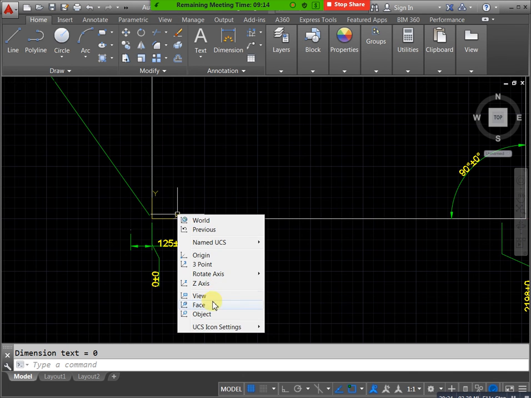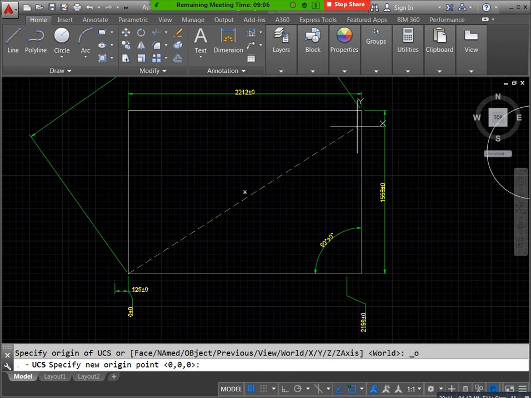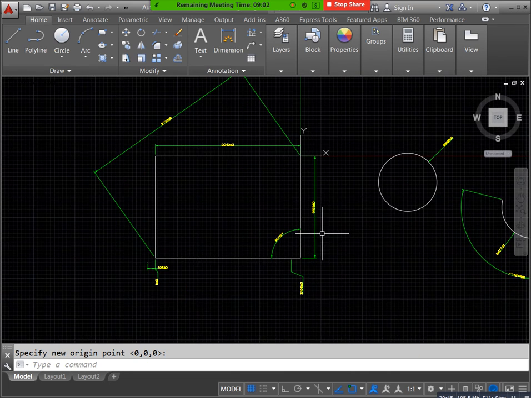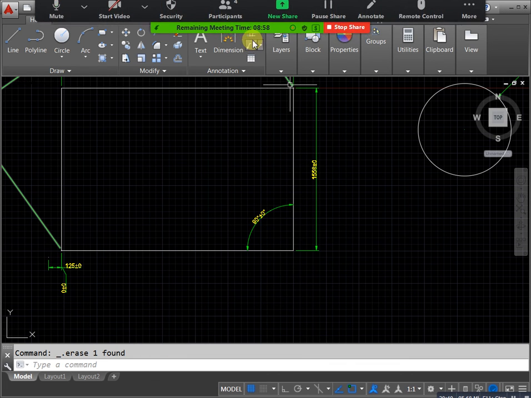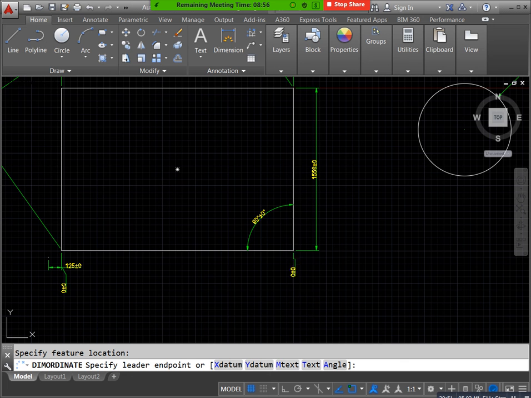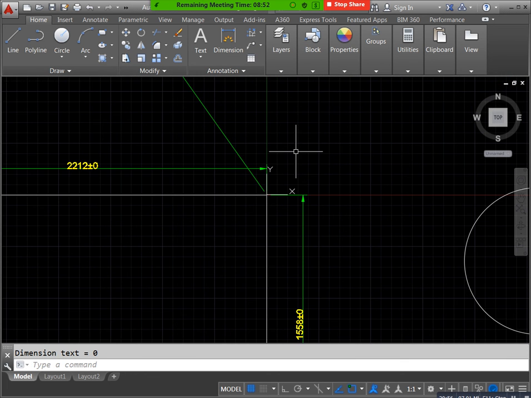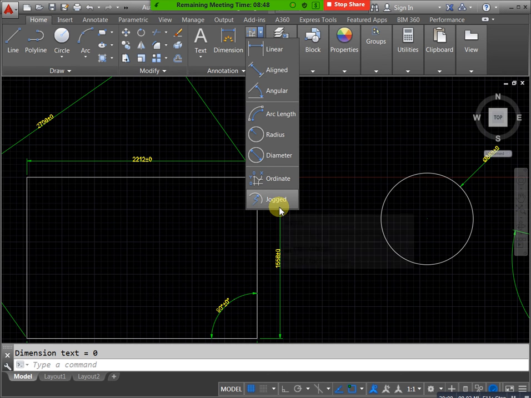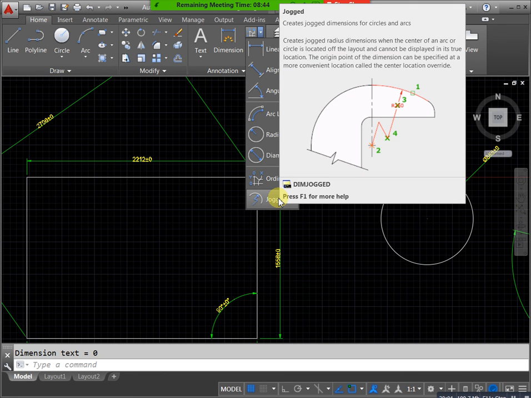Okay. Next, we don't need this dimension, jog dimension. Okay, we need two references for this. Only indicated one radius, but we need two references. For example, if you need to apply, you can apply for this, and you can select this one also. You will get the dimension like this. We are representing this one, indicated this dimension, but we have two references, means two indicates is there, center points. Okay.